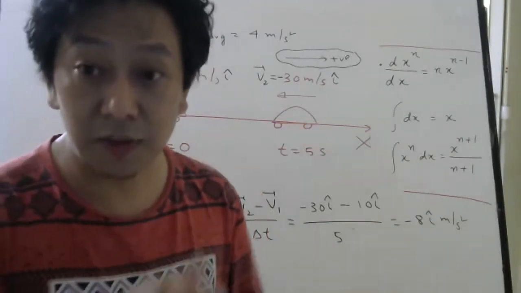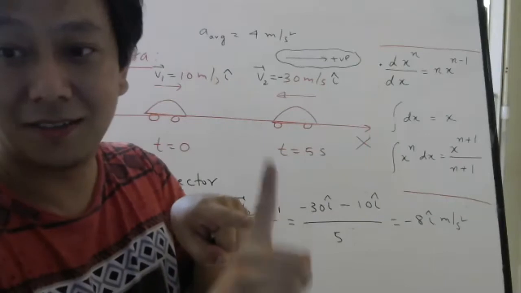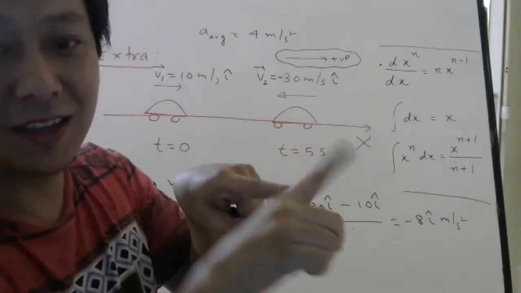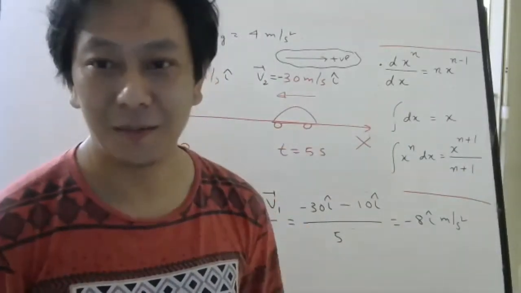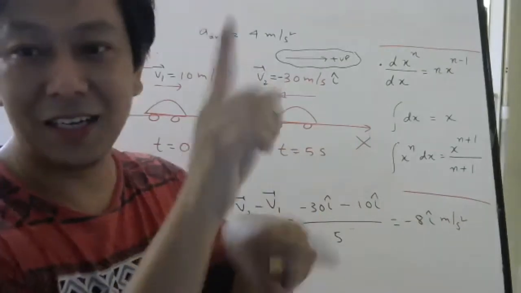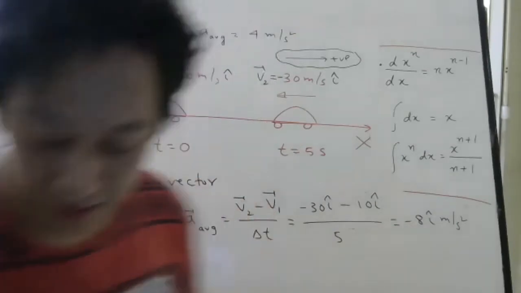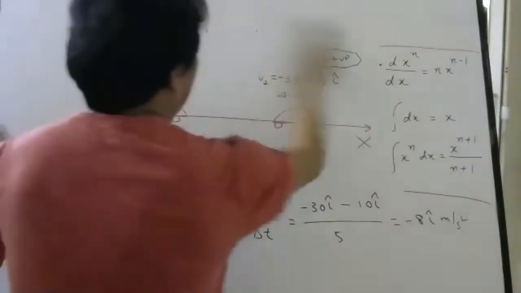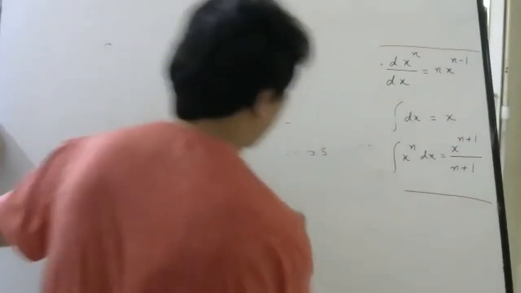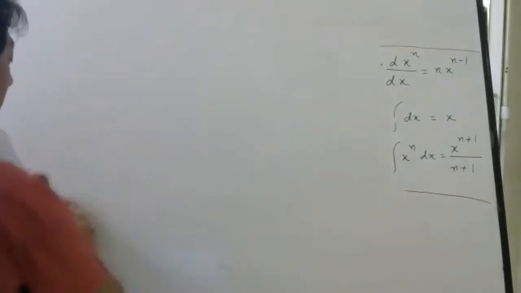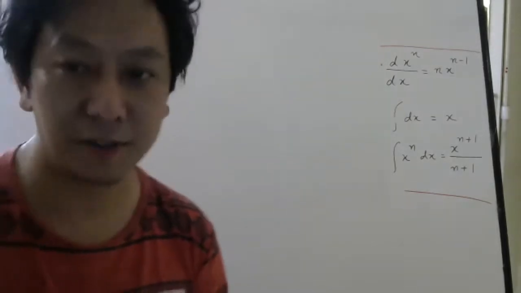However, if the motion changes direction, suppose it goes like this and then goes like this, then you have to use vectors. Because now I cannot say this is positive, this is negative like that. Understood? In the same problem, you can't say this is positive, this is negative. Okay, so let us solve one problem based on that, when the motion is not in a straight line. This is the nice thing about doing vectors in the beginning. We can do all kinds of problems.